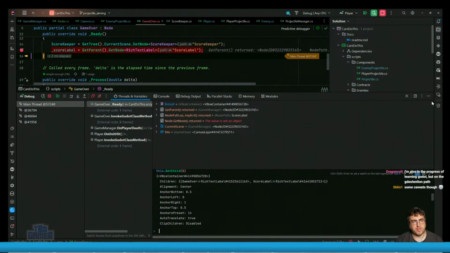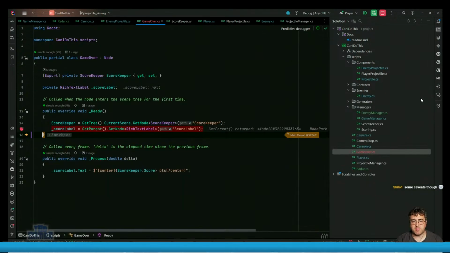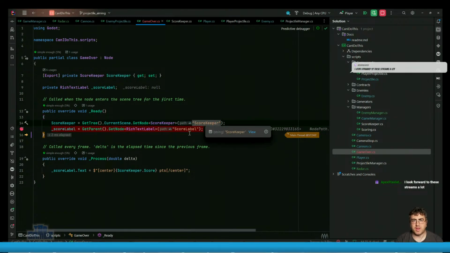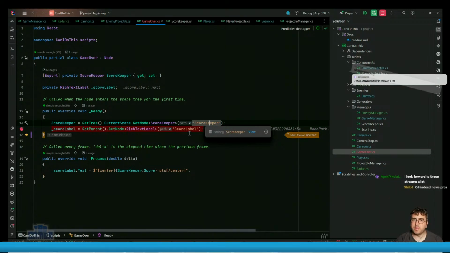Well, the caveats don't really. So for me, the benefit is it's C#. I'm very comfortable with C#. I've been doing .NET for 20 years, so it's not new to me. So it's a comfortable